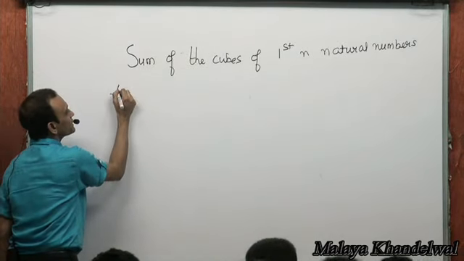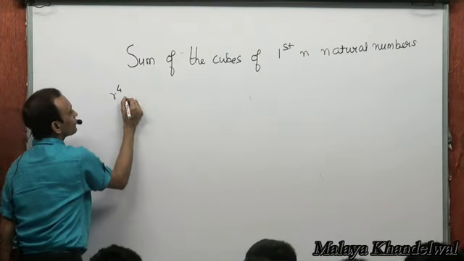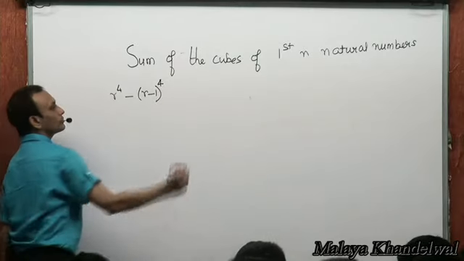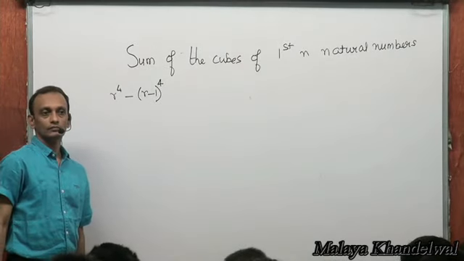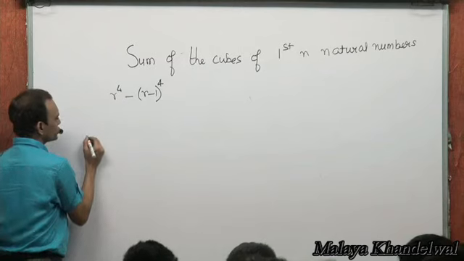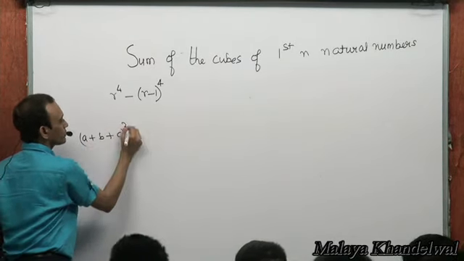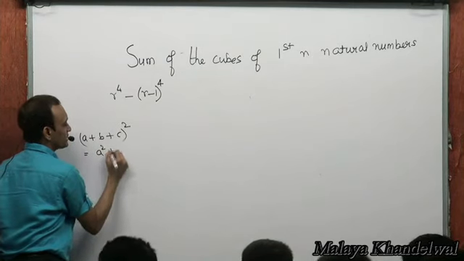Now, if you look at this identity, r to power 4 minus r minus 1 whole to power 4. Hey, by the way, do you know this? a plus b plus c whole square is a squared plus b squared